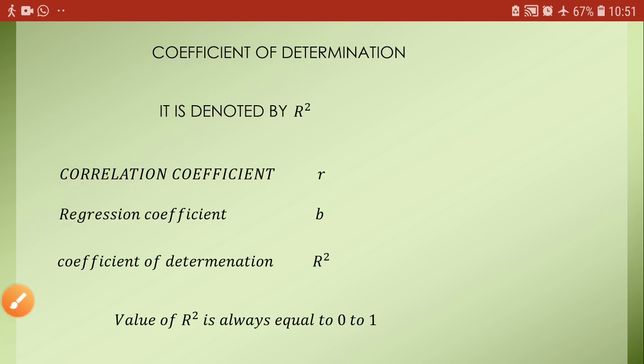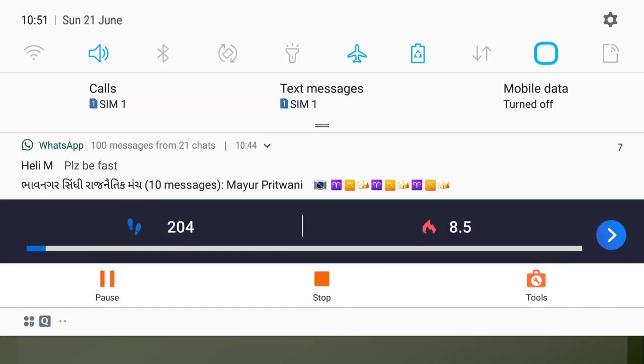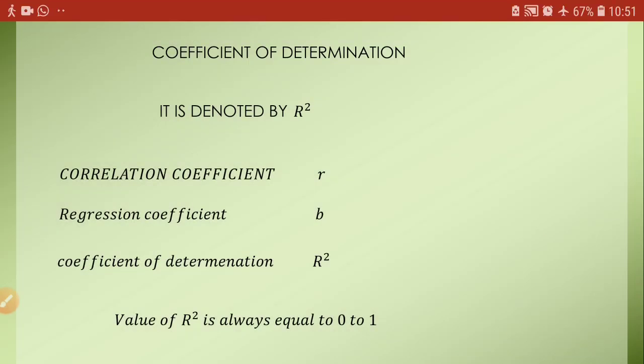Then today our topic is coefficient of determination, that is r square. Now I would like to tell you what r square is. It is exactly the square of this r. Now this r you know how to find. We have completed full chapter number 2, and it is on my YouTube channel also. Full chapter number 2 is there.